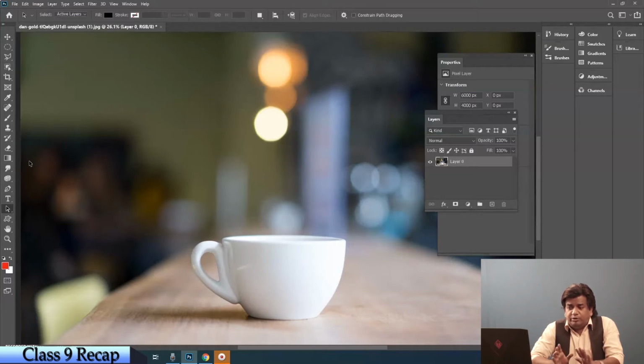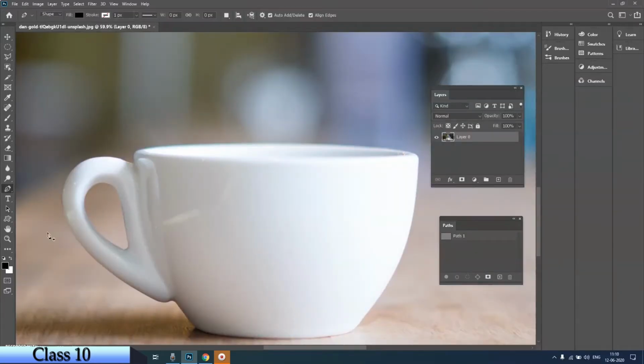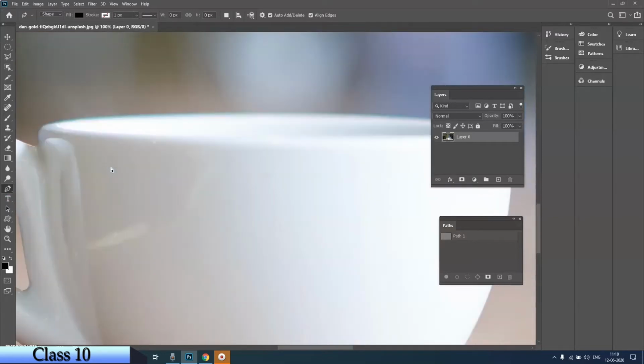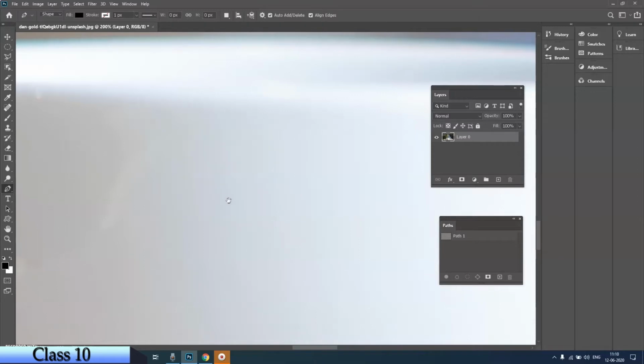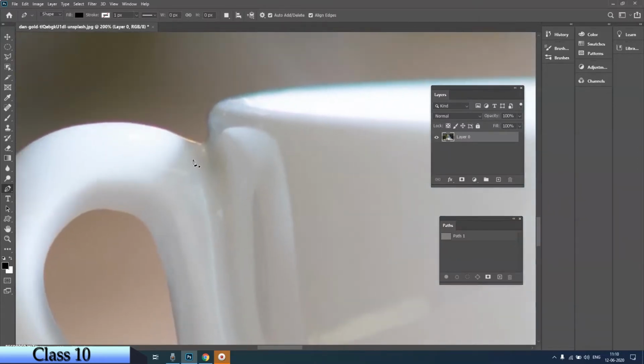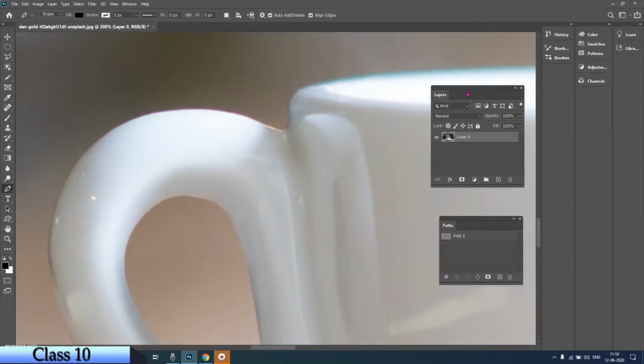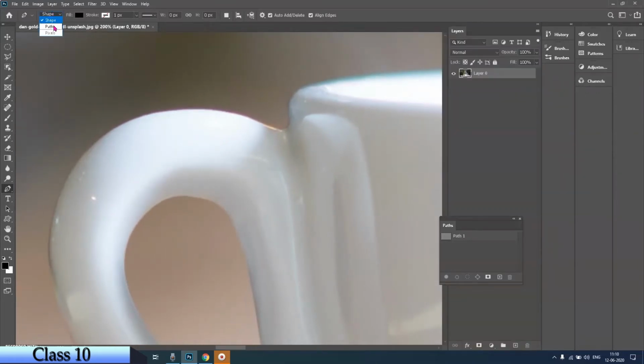Okay, so now I'm going to select this cup and show you how clean we will be able to do it. We are going to use the option of pressing the Alt key and closing the anchor point. So let's come and work on this cup. Let's do it now. I'm going to take the pen tool and zoom my image to the most comfortable level I will be working on. So this is the size I'll be taking, and I'll be creating a path on this. So select on the path, take the point and start going according to the curves. Okay, so you have